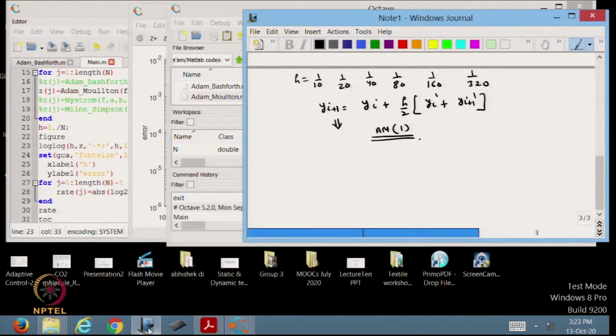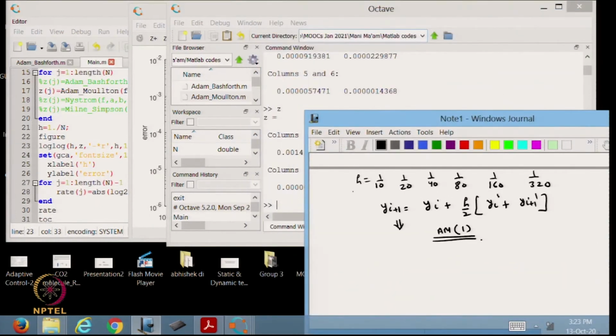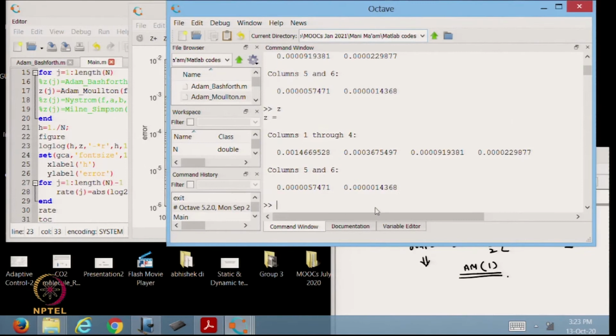These are the values of z, corresponding to which errors are here. So, again you can verify that the error is tending to 0 as h tends to 0, which you can observe from the graph also.